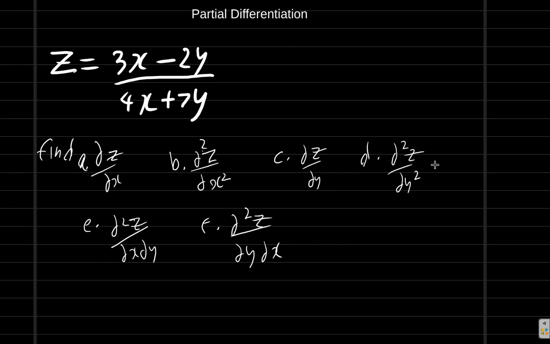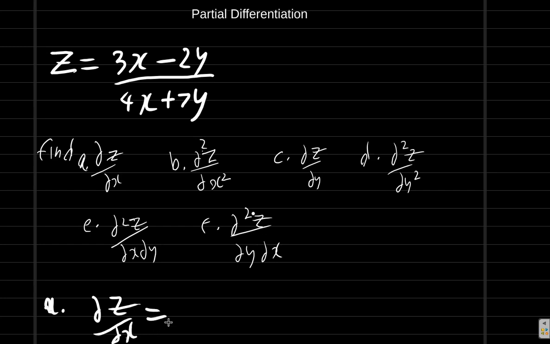Okay, good. You finished? Alright. What did you get for them? Let's work it out. Part A first. We want ∂z/∂x. So ∂z/∂x equals